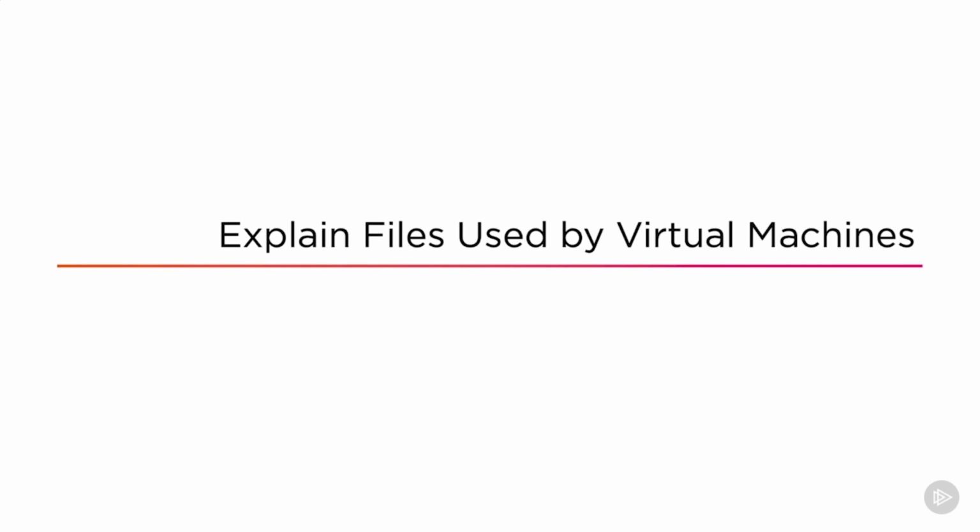A virtual machine is a software construct of a physical hardware computer. What that means is if you think about a physical computer, that computer is going to have CPU, memory, networking, storage, BIOS configuration, swap files, also known as memory paging, and a whole long list of other configurations. Well, with VMware vSphere, all of those things are represented in software, which really means they're represented in files or